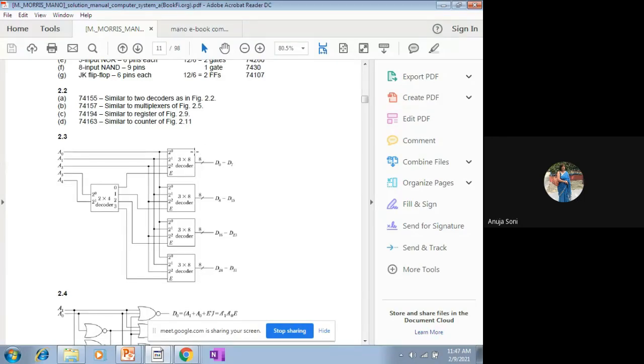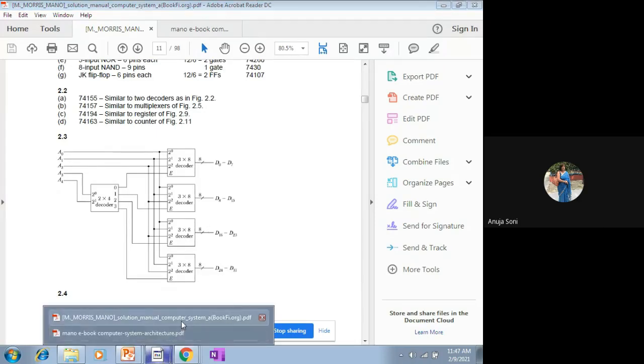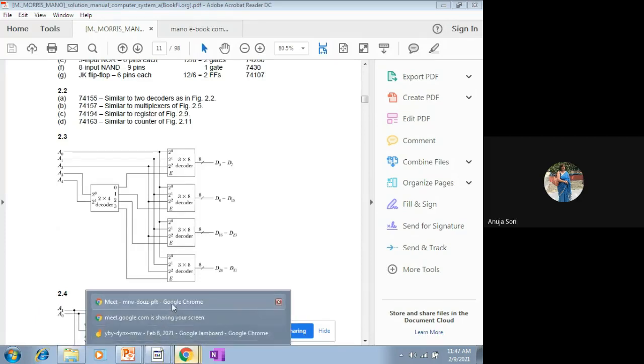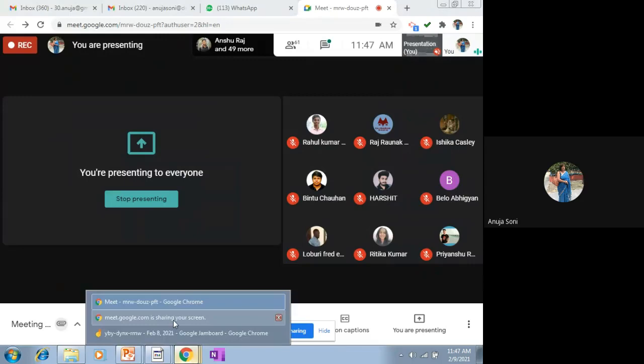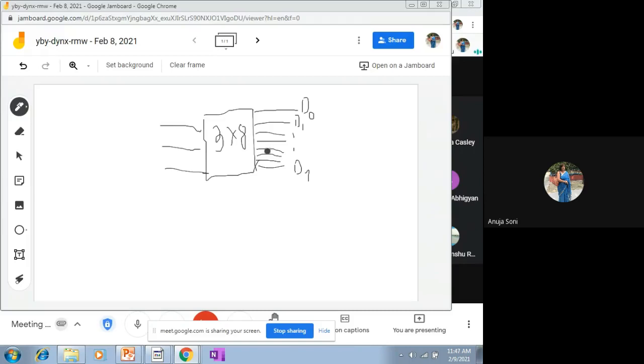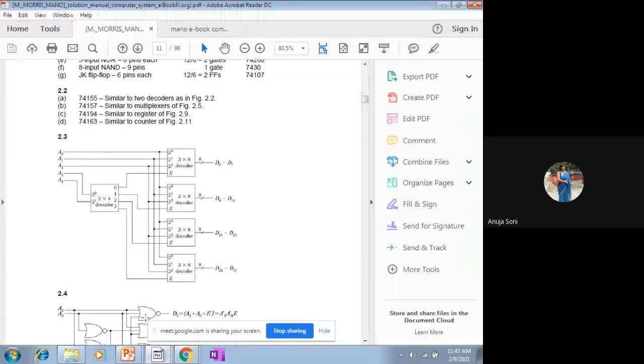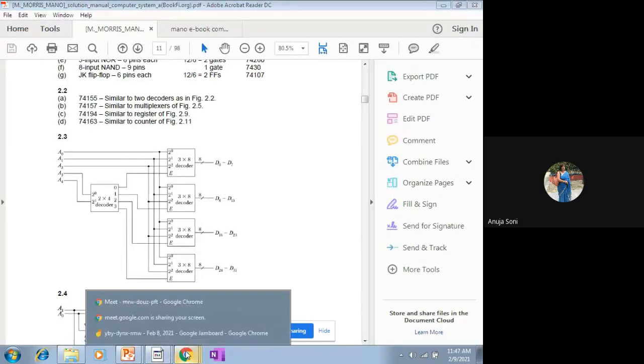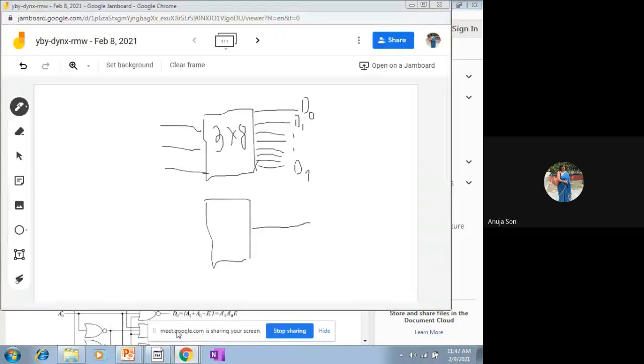If you would have drawn 8 lines for a 3:8 decoder, you would have drawn 8 lines for the next decoder, similarly for the next decoder. So in order to avoid the complexity, we are directly using a brief graphical notation to represent these 8 output lines in a single go. I'm going to write down a single line, and over it you will make use of one small diagonal line.